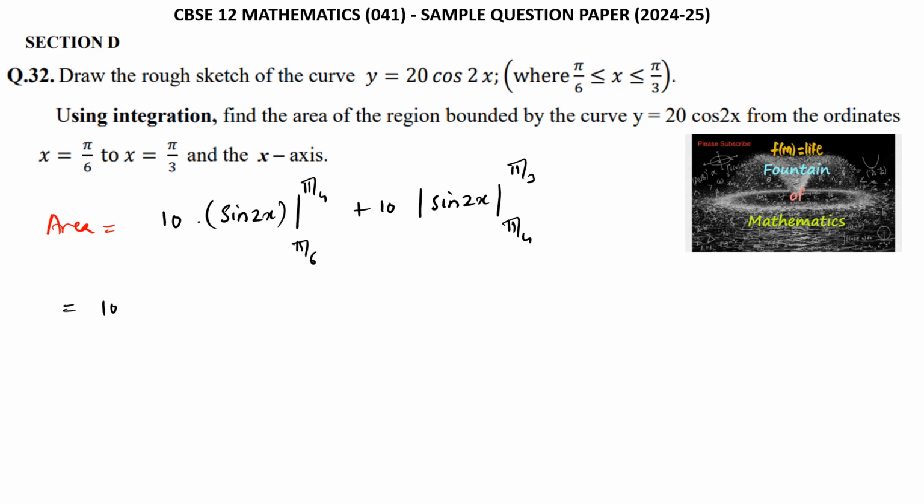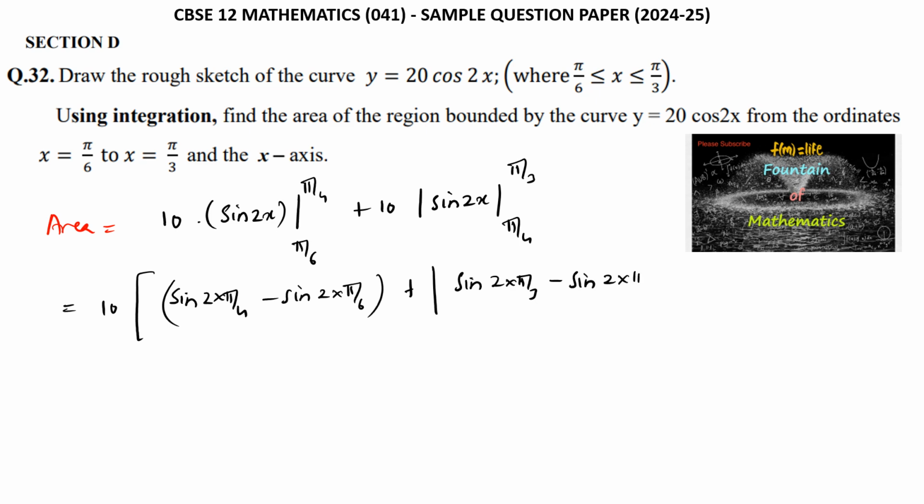So I can take even 10 common, and here sine 2x, upper limit, if I apply, sine 2 into pi by 4 minus sine 2 into pi by 6, and again here mod of sine 2 into pi by 3 minus sine 2 into pi by 4,